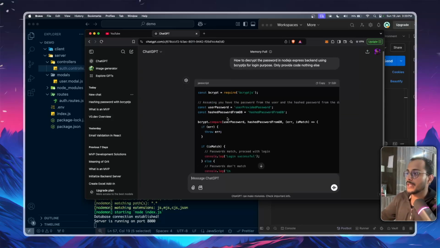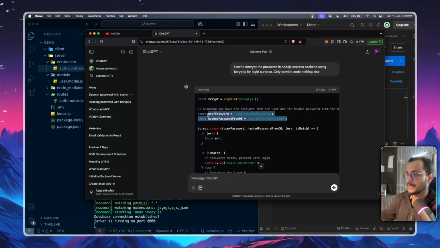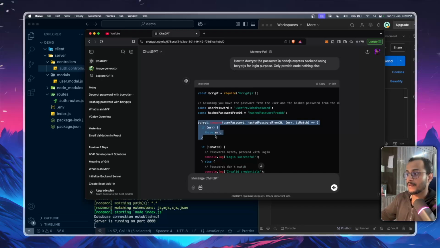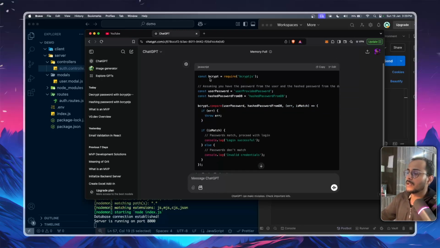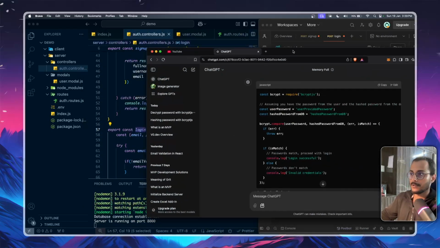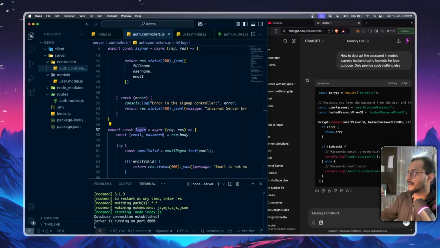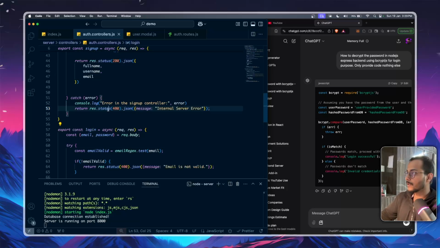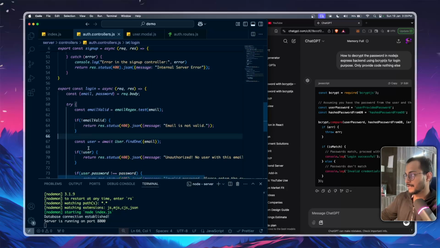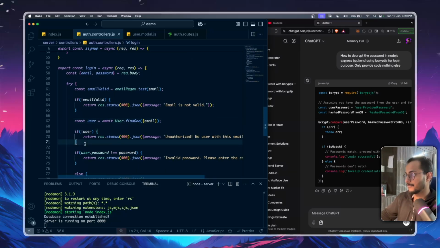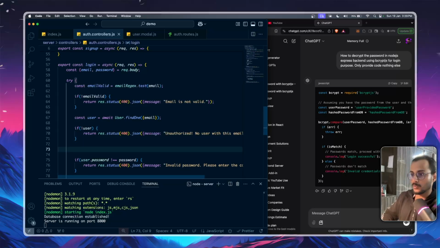Okay, so we have the hashed form, which we'll get, and the user password. We have to compare them simply. Okay, it's quite simple now. So let's keep it on one side and let's write it on the other side. What we have to do is, we'll find one. If we found one, what we are going to do is